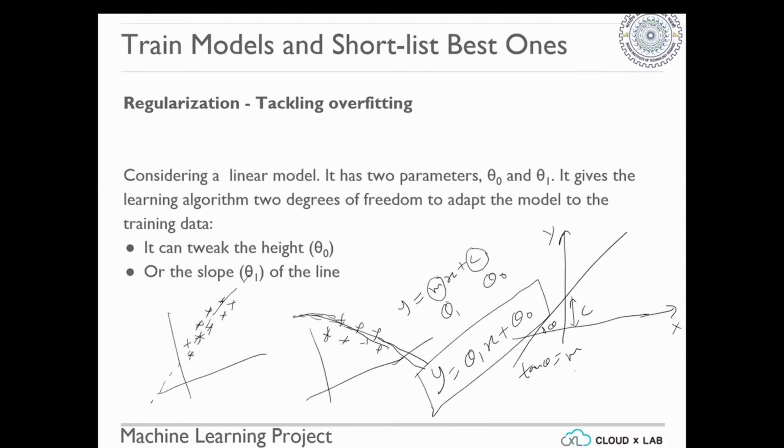Okay. So if we fix any one variable, so let's say if you fix the c value, then we are reducing our possibilities, right? For example, if you put c is equal to 0, it means now this line has to pass through the origin, and we can only change its orientation, right? Because if c is equal to 0, then this line will always pass through the origin, and we can only change